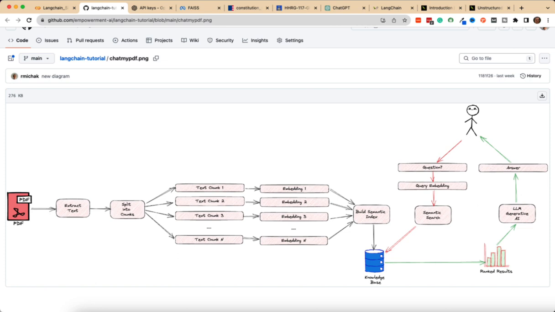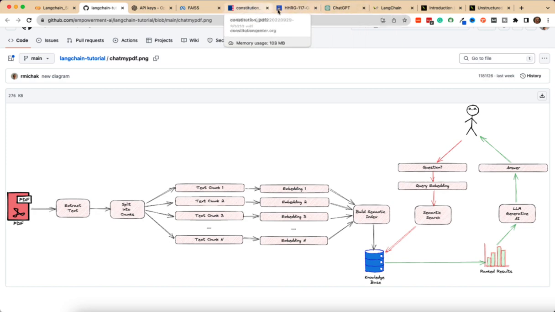For example, there is a cutoff with the data. So typically, if you want to process your own data, you need to provide that information to ChatGPT in order to have it analyze and answer the questions that you have. So first off, before we do that, let me just go ahead and show you the problem that